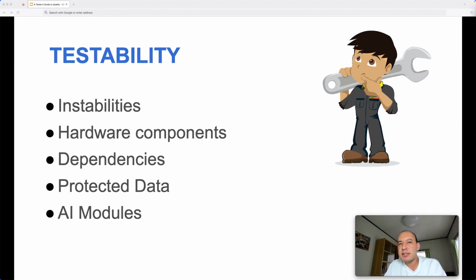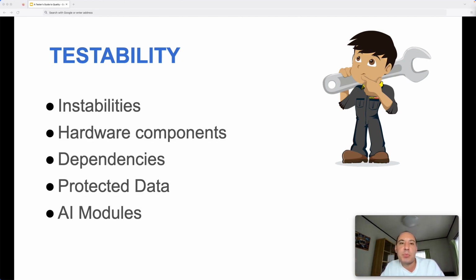For example, if we are testing a subsystem, and if we have some dependencies, like there is a data transfer from another subsystem, the service is pulling some data from another service. Like if we are testing the front end, and the data is coming from the backend services, and we don't have full control of the backend services, then maybe we would not be able to trigger some scenarios. For example, if there is new data in the database, then it should show up in the front-end modules, right?